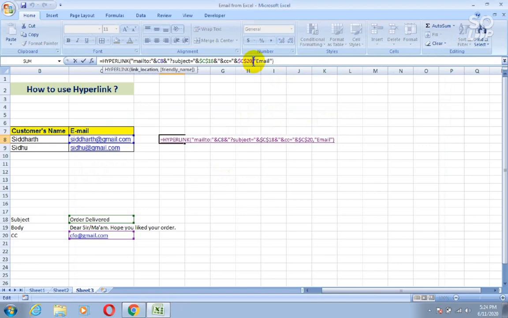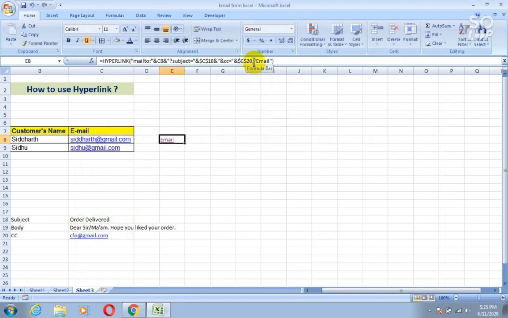Now let's move on and type the body of our letter. Simply type &, inverted comma, &body=, inverted comma, and then select C19 cell, that is dear sir/ma'am, hope you liked your order.